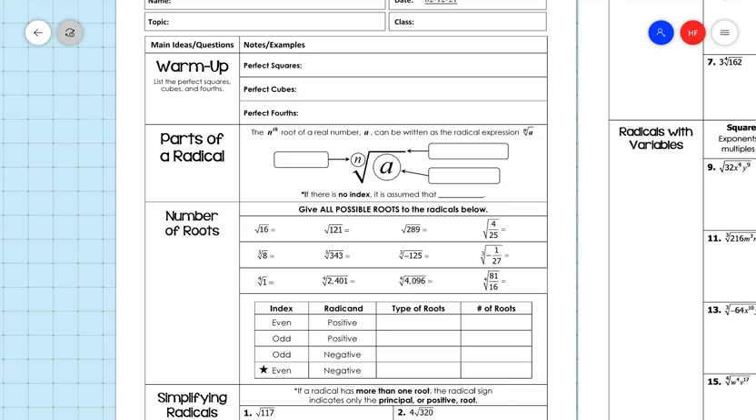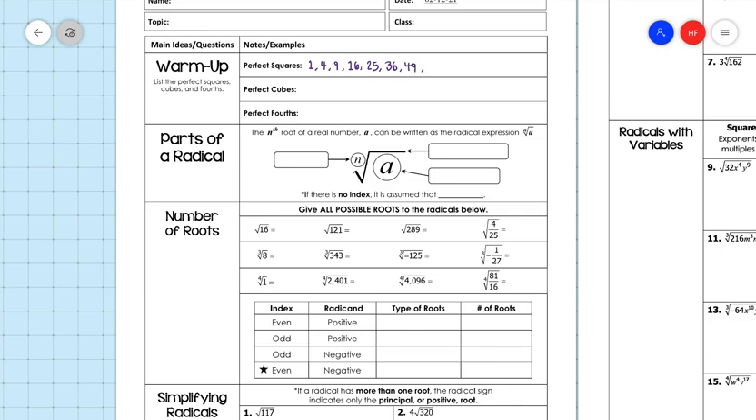So that means I take a number and I square it. I take a number and I cube it. I take a number and I take it to the fourth power. So our perfect squares are like 1, because 1 times 1. 2 times 2 gives me 4, 3 times 3 gives me 9, 4 times 4 gives me 16, 25, 36,